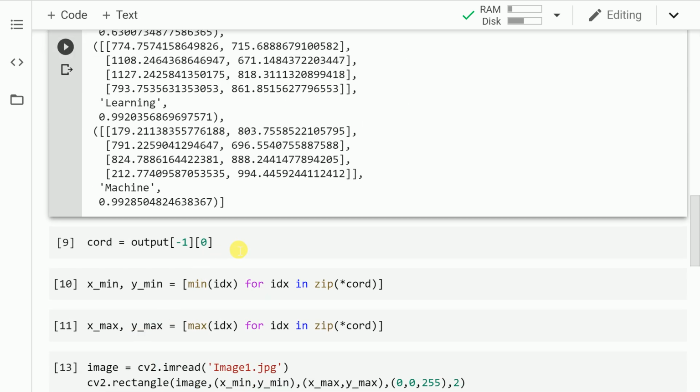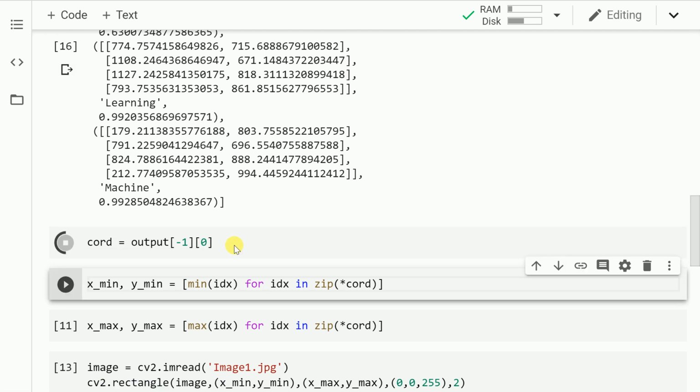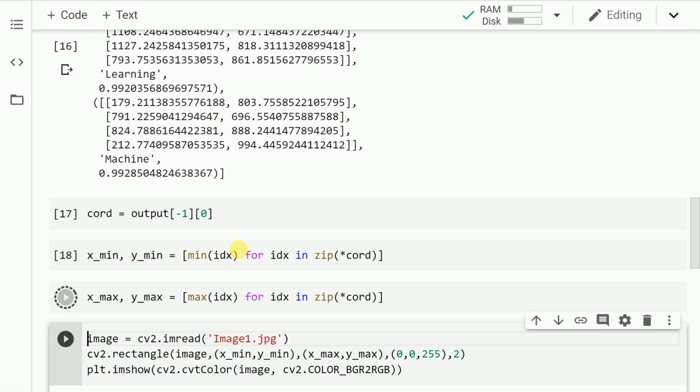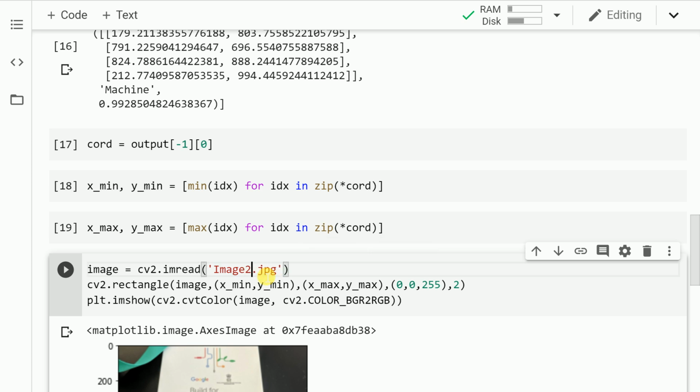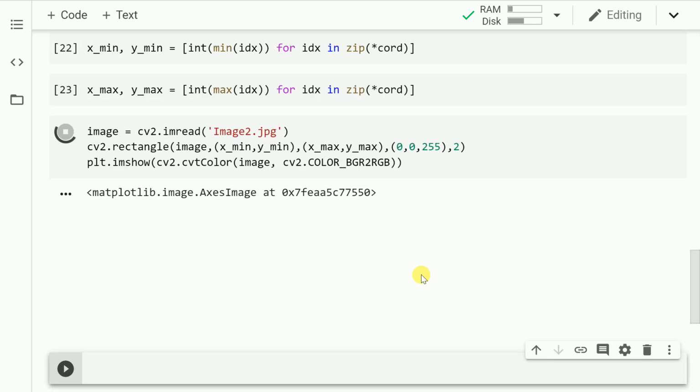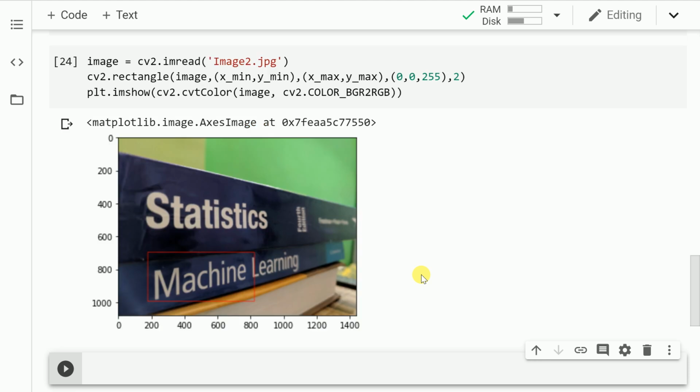Let's also try to find out where the coordinates of machine were. So I follow the same process again. I just change the file name to image2.jpg. Let's go forward and run the cell. So it's able to clearly figure out where machine was.